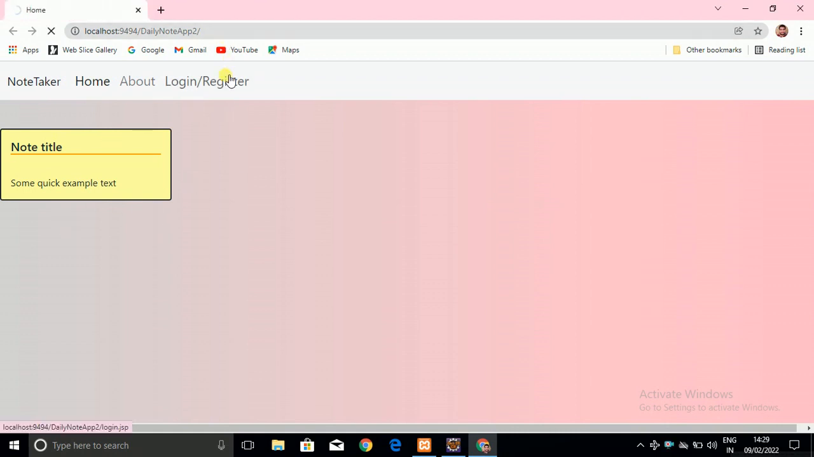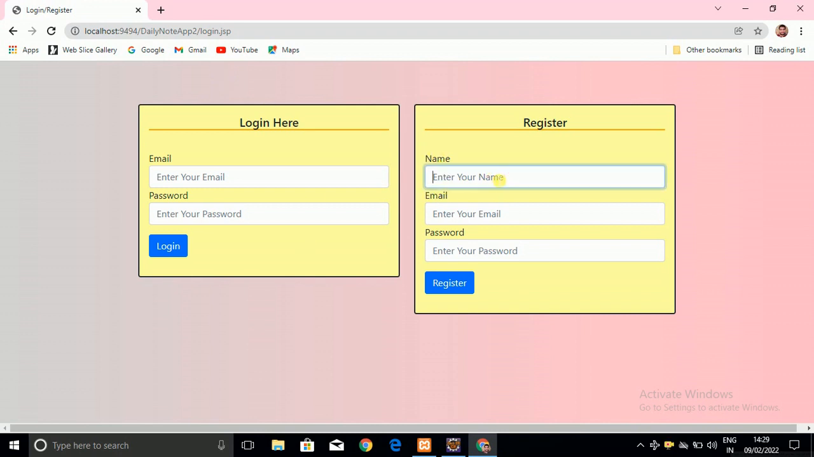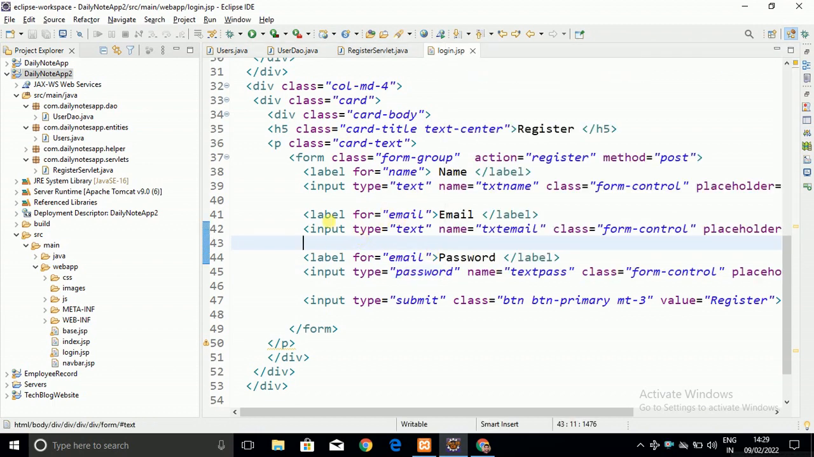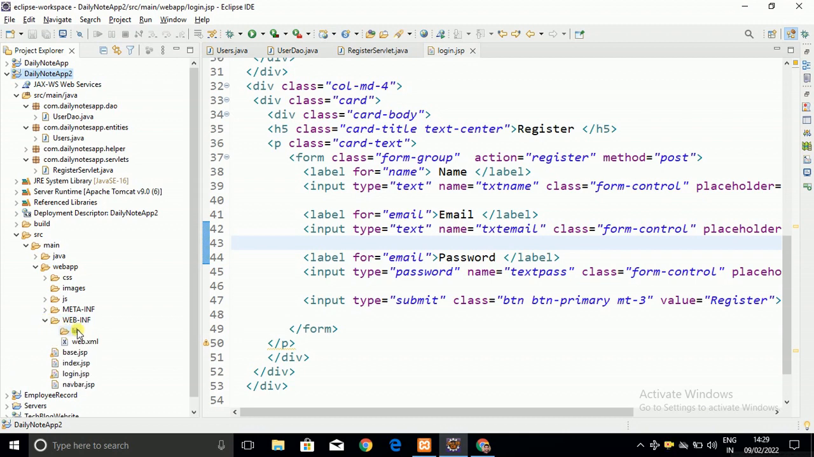And here you can see that our project is going to run. Click on login and register, and here I am going to write something into that form, that is the name, email and the password. When I click on the register button, it says an error. Actually this is not an error, as you can see. We have to register our servlet in the web.xml deployment descriptor, as I said,